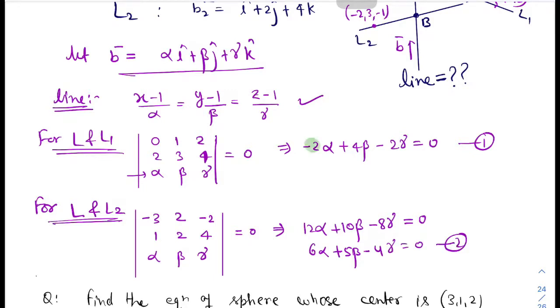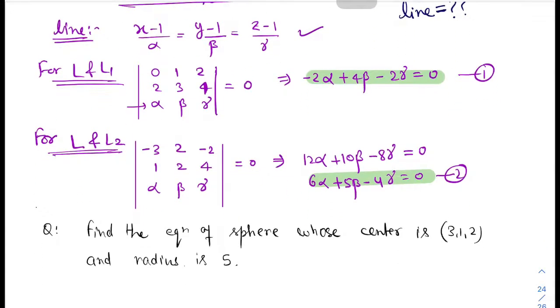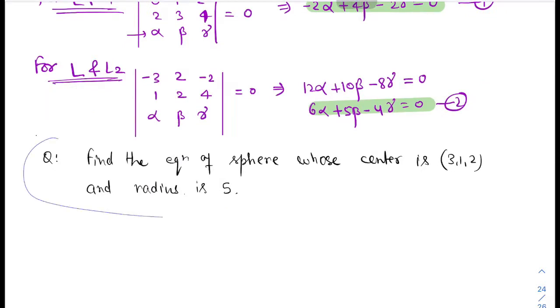So these are two equations in terms of alpha, beta and gamma, but there are three unknowns alpha, beta, gamma, so we cannot uniquely find what is alpha, what is beta and what is gamma. But there is no need to find alpha, beta and gamma as such, because alpha, beta, gamma are basically the parallel direction. We are just interested in the parallel direction, so we can do one thing here. Let me create some space.